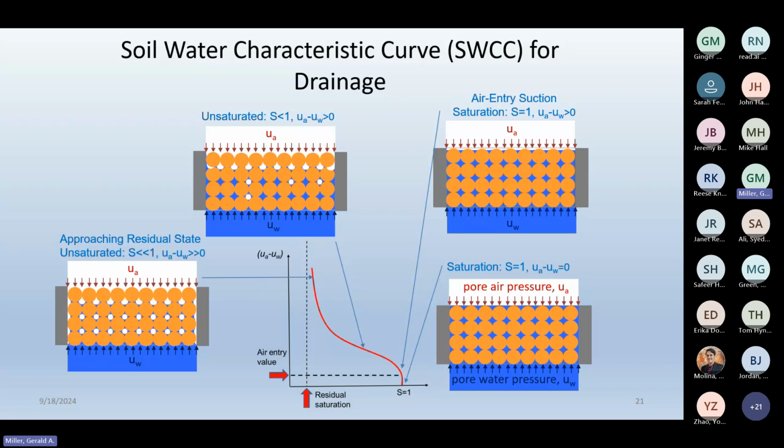So soils will resist inflow of air until that air entry value is exceeded. That means the suction at which air will now infiltrate into the soil pores. And so then from this point, that's the air entry value, the soil begins to desaturate, air is pushing into the soil, and then eventually you'll end up in what's called a residual water state, where essentially the water becomes